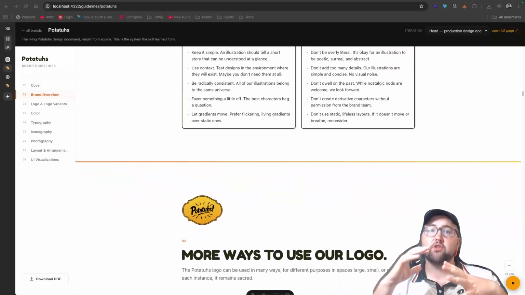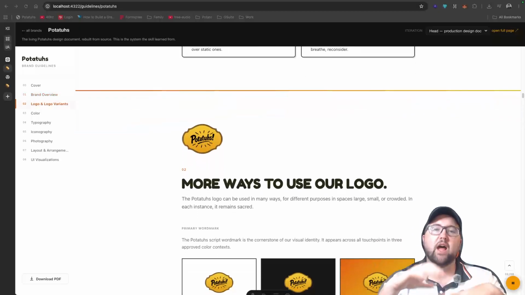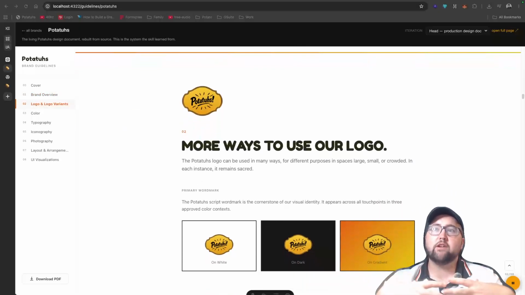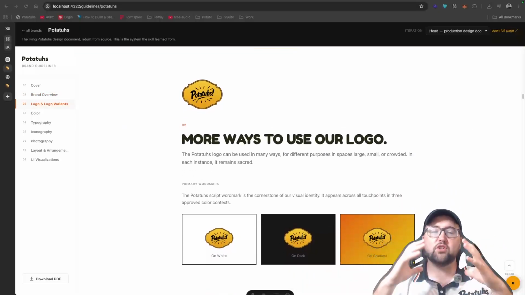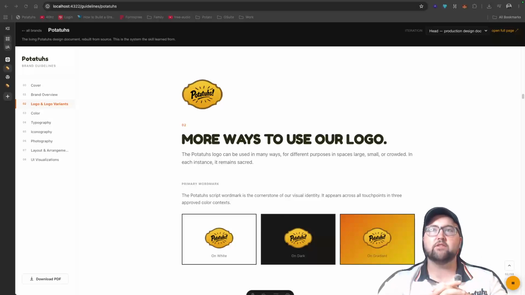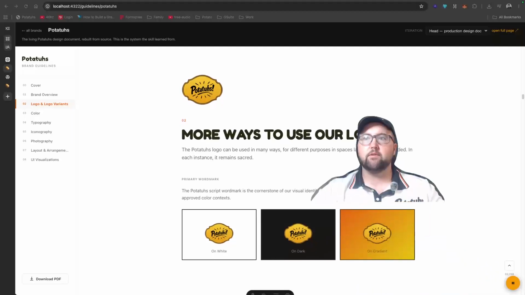Some of the characters aren't even all in the same rubber hose style. I really like how the curly fry turned out, so I'm keeping her, even though she's not in the same style as all my other stuff. And here we have the potatoes logo again. You want to declare a few different ways you're using your logo because, as you can see, I